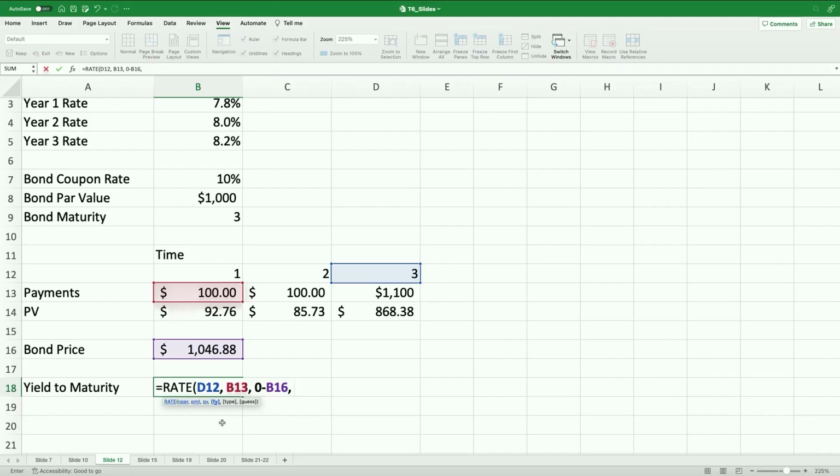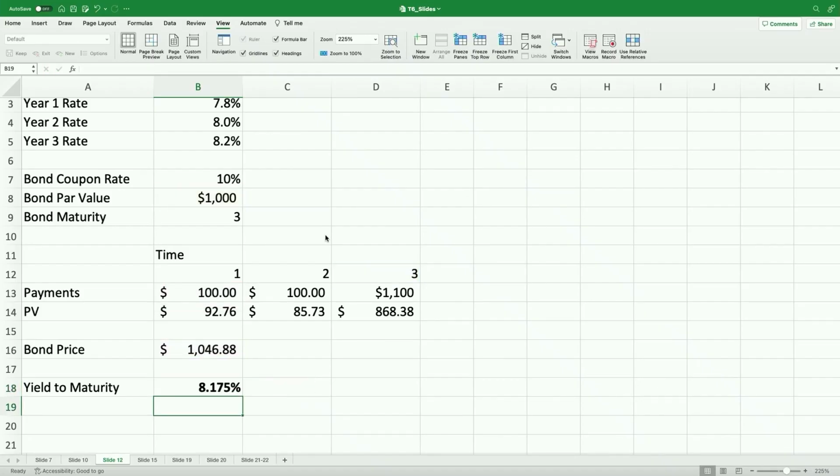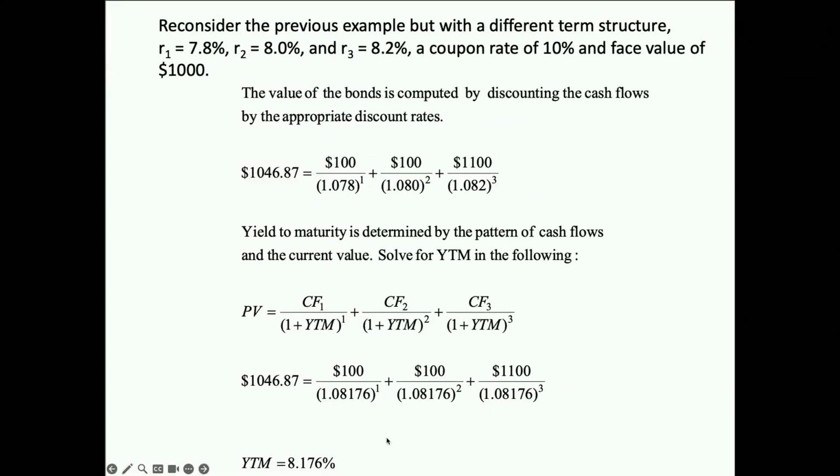And then the big lump sum payment. I've told Excel about the $100 payments, each year for 3 years, and now I need to tell Excel about the big lump sum payment, the 1,000 at the end. The yield to maturity is the R, which solves for that stream of cash flows that I told Excel, which is exactly the stream that we saw in the previous slide. And there's the 8.175%, which matches what I got here, subject to rounding. I rounded here. The Excel calculation is the precise one.